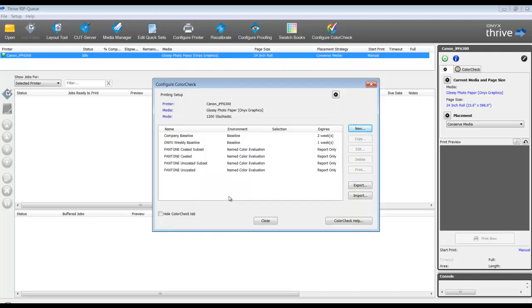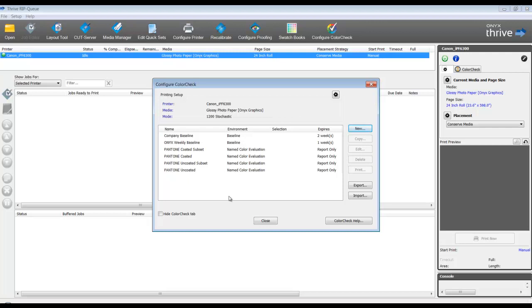Now I've established a color check environment as a baseline. Before I print this baseline test target and measure to determine my 0, my starting point, I really need to make sure that everything in my process control, everything in my workflow is in top-notch condition. These items might consist of temperature and humidity, the proper media I want to use, ink set, printer condition, run through a cleaning cycle. My nozzles are printing well on my charts as I do my test targets.